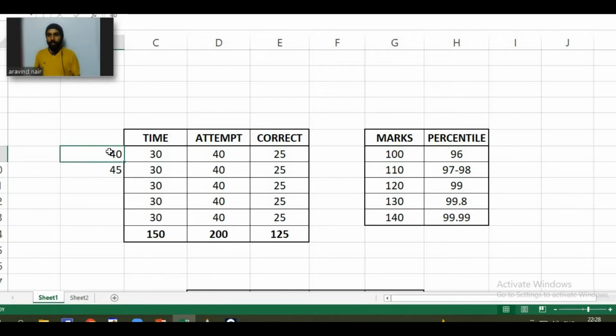So the idea was simple: 30 minutes for every 40 questions. And if you can see here, this is 25. I tried my best to secure 25 marks out of those 40 questions. That is, 25 questions should be correct. And of course 25 is the average, which basically means, let's just say I didn't do well in the first 40 questions. I think I secured 18 or 20 correct answers in the first 40 questions, and I have to make sure that in the next 40 questions I gain more marks.